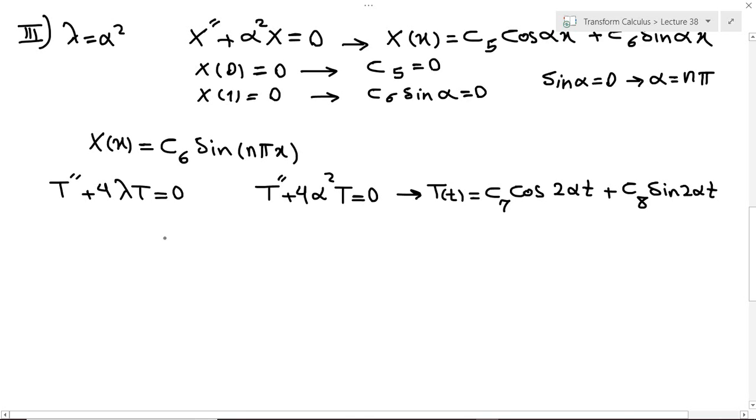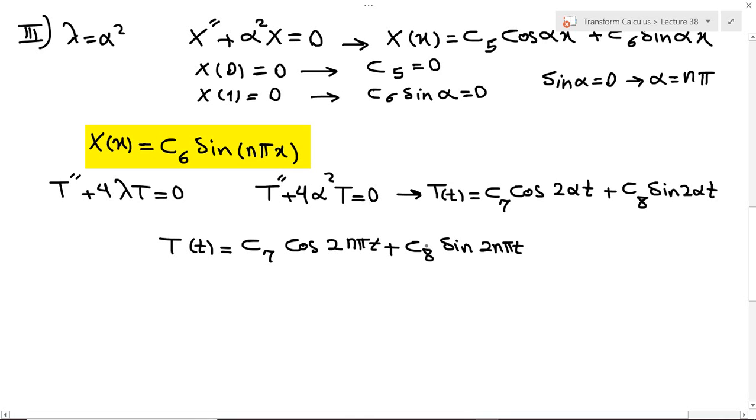We also found alpha, so alpha is equal to n times pi. As a result, T of t is equal to C7 cosine 2n pi t plus C8 sine 2n pi t. So now we have X of x and we have T of t, so we can